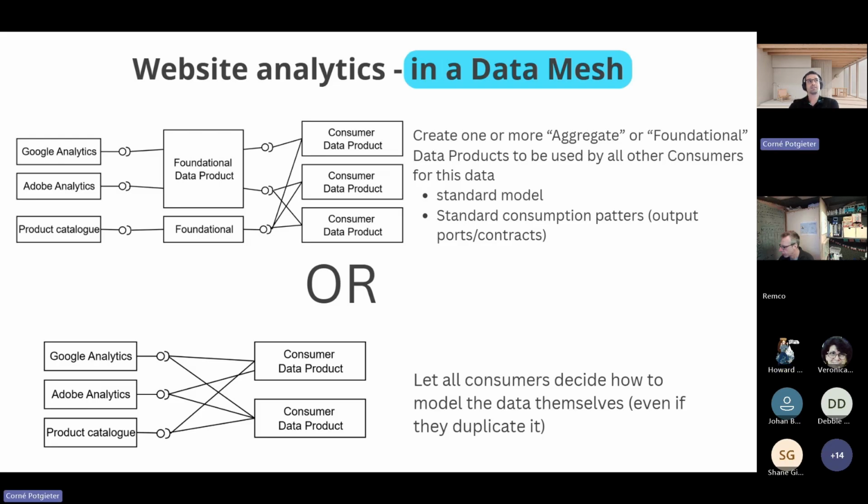Yeah, so I think maybe I'll say it like this. Technically, it can be exactly the same thing. It could be 3 relational database tables. What makes calling it a foundational data product different is you're now adhering to data mesh terminology, which means it's a product, which means it has an owner owned by a domain. Right. The product has an output port, which are those 3 tables, and those 3 tables have a contract that it has to adhere to. So it's simply putting the data mesh governance framework on top of the same 3 tables.